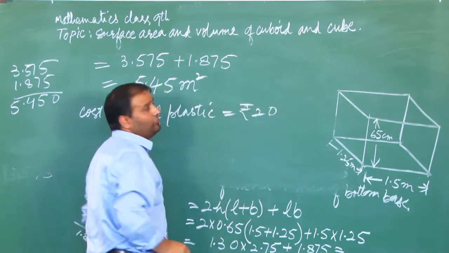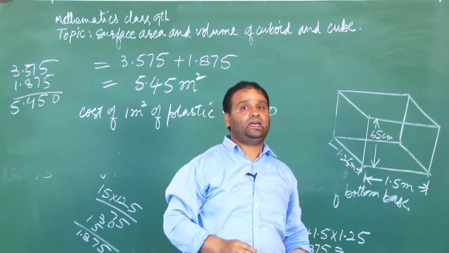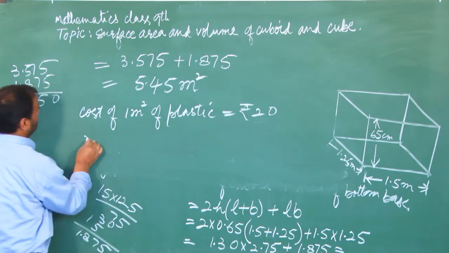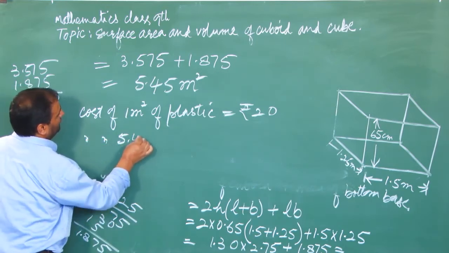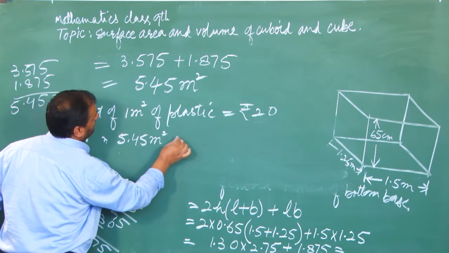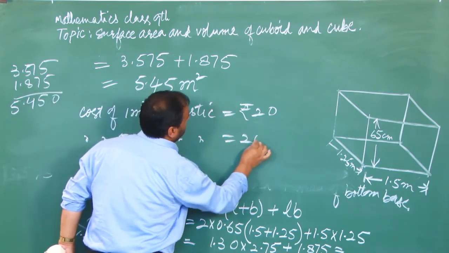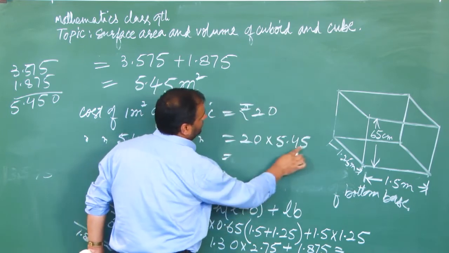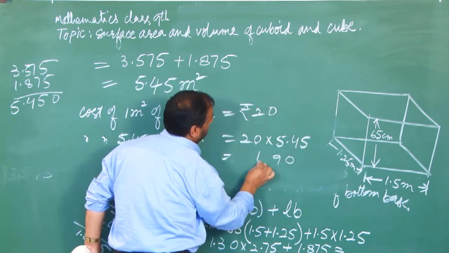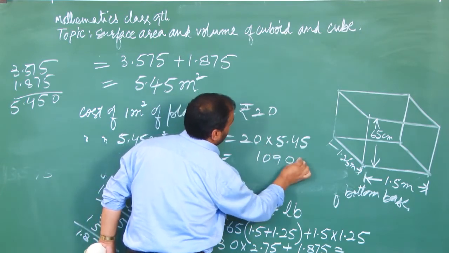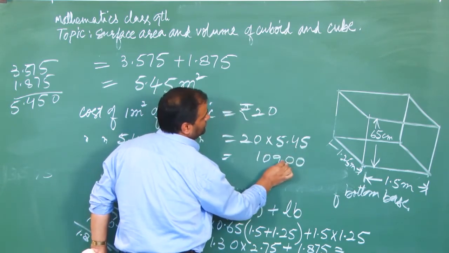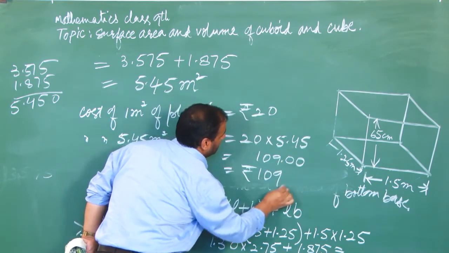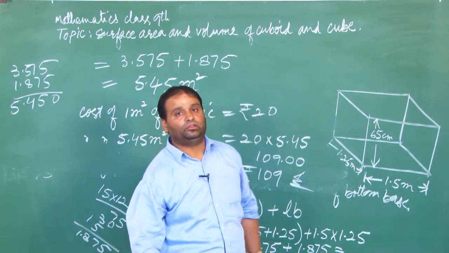How many meters square of plastic does this plastic box have? 5.45 meters square. So cost of 5.45 meters square of plastic will be 20 into 5.45. Simply multiply it by 2. 510, 2489, 2510, and place 0 at the end. After that, place 2 decimals from behind, you will get 109. So for making that plastic box, the cost